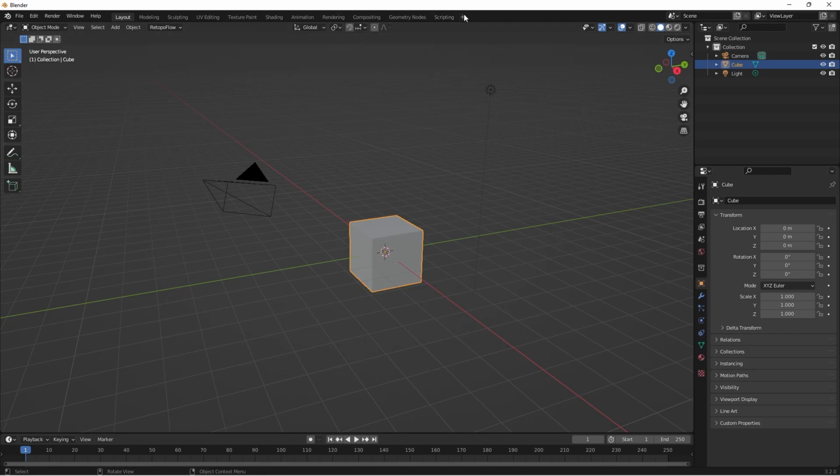You can customize the interface by adding more workspaces. As you can see right here, there's a lot more workspaces that you can add if you want to, or you can just right click and delete workspaces. So if you're not going to be using all of these guys right here, you can change that very easily. Over here,